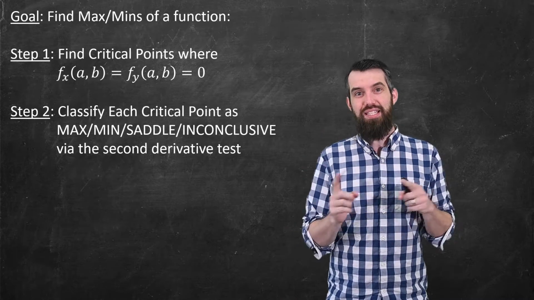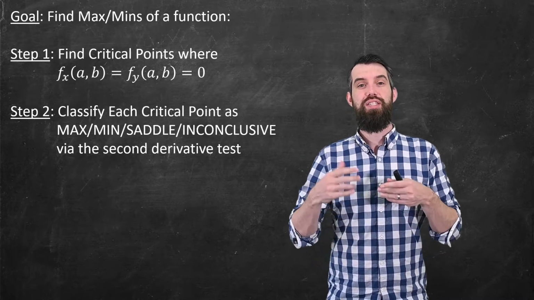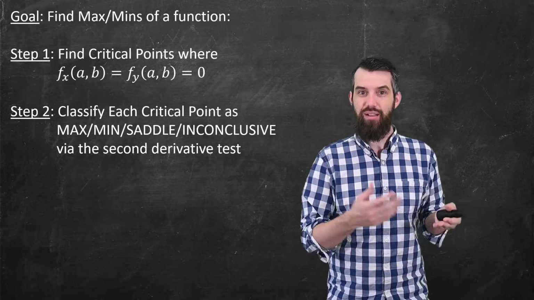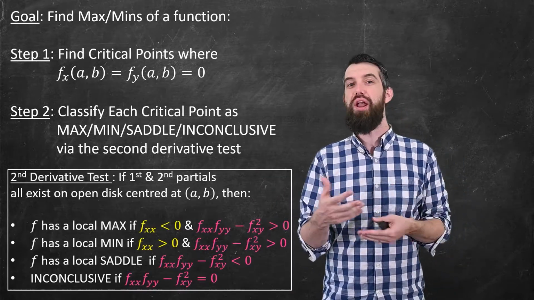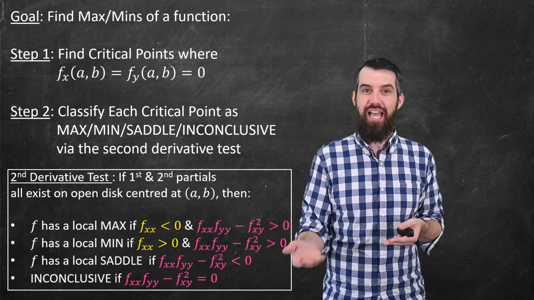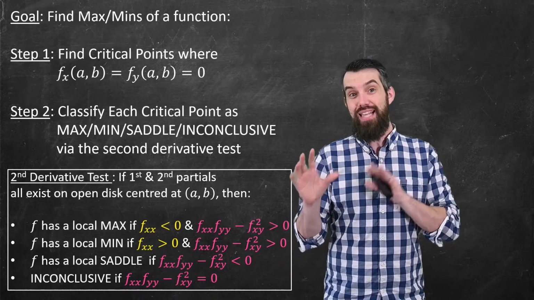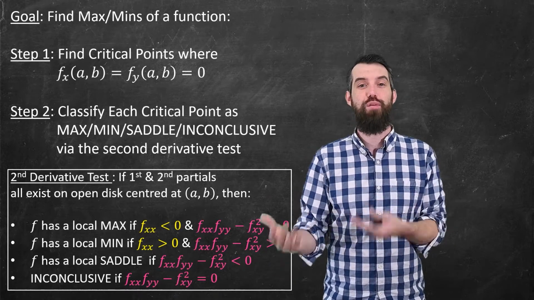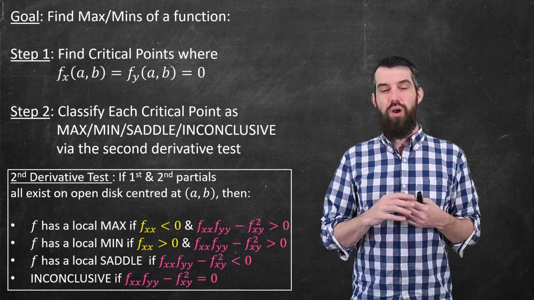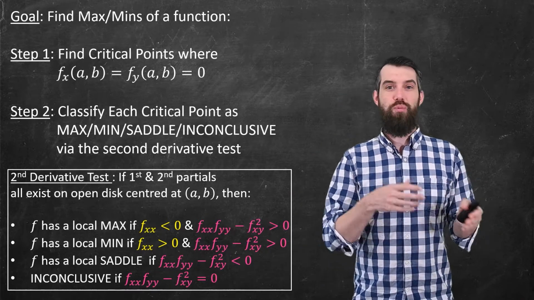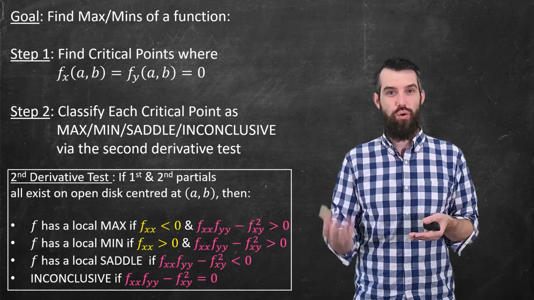And then the second step was that we used the second derivative test to classify them. The second derivative test was a little bit convoluted, but you took a lot of second partials like f_xx and f_xy, and this test gave you the information as to whether it was a max, a min, a saddle, or whether it was inconclusive. Okay, so that was the method before, and it was great for finding local maxes and local mins when there were